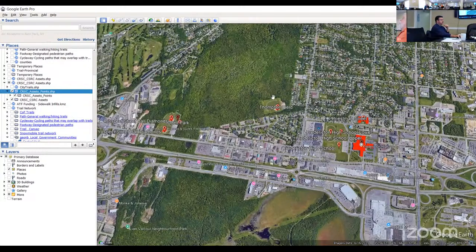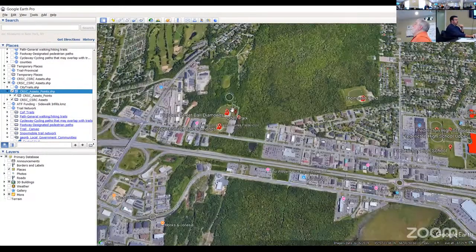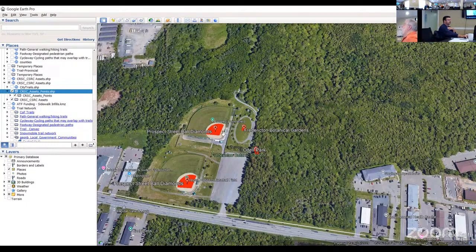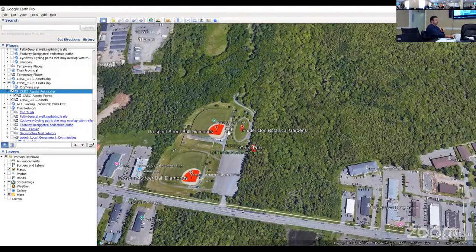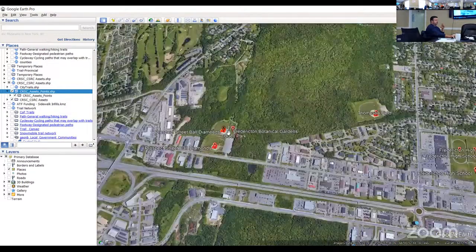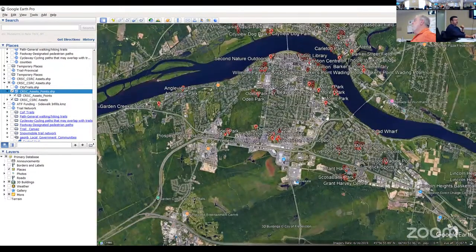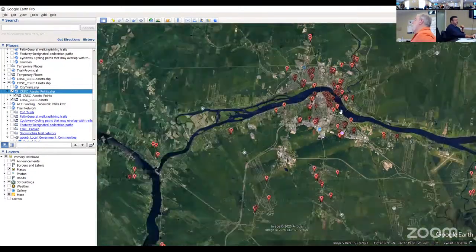School, ball field here, Prospect Ball Diamonds, so you can see all the various types of assets, their geographic location, and there's a lot of attributes that are not on the screen, but in the Excel file that you could use for filtering and basically gives you a better idea of what you have in each community.